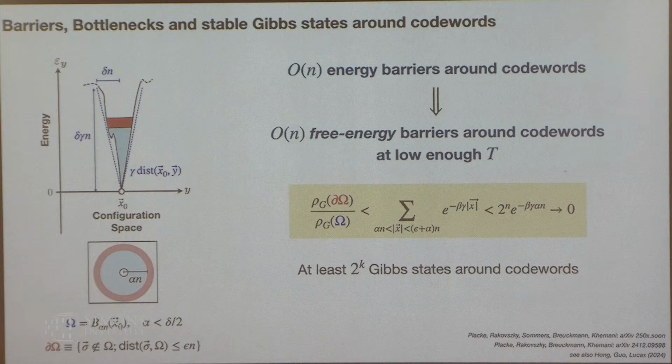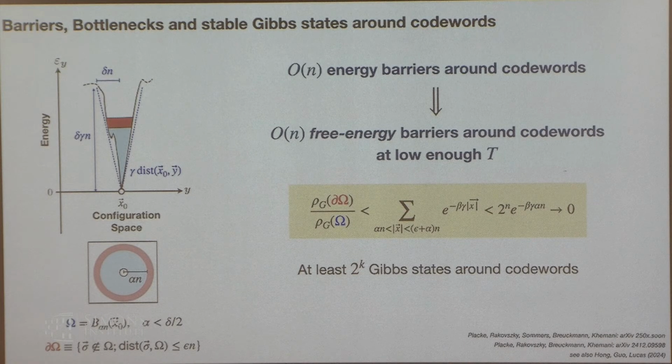But now, I was talking to you about bottlenecks and free energy barriers. If you have a linear energy barrier, that's the easiest setting. That's the only setting in which a linear free energy barrier is basically immediate, because you know that F is E minus Ts. If energy is proportional to n and is extensive, well, the entropy can be no bigger than something proportional to n. So as long as I make my temperature small enough, I have an extensive free energy barrier. Okay, so that's the intuitive picture.